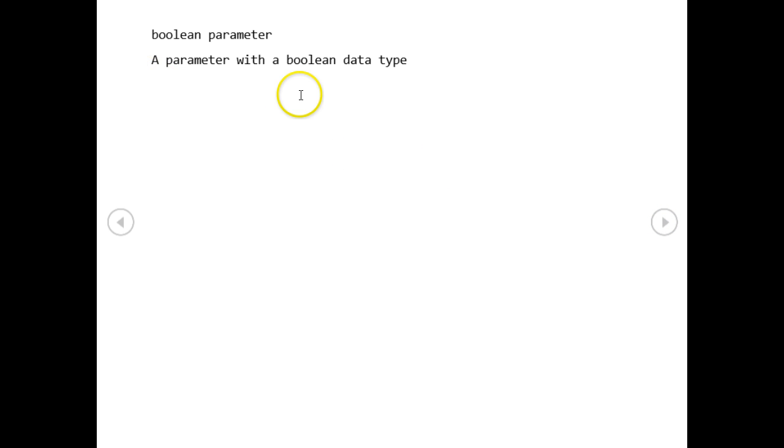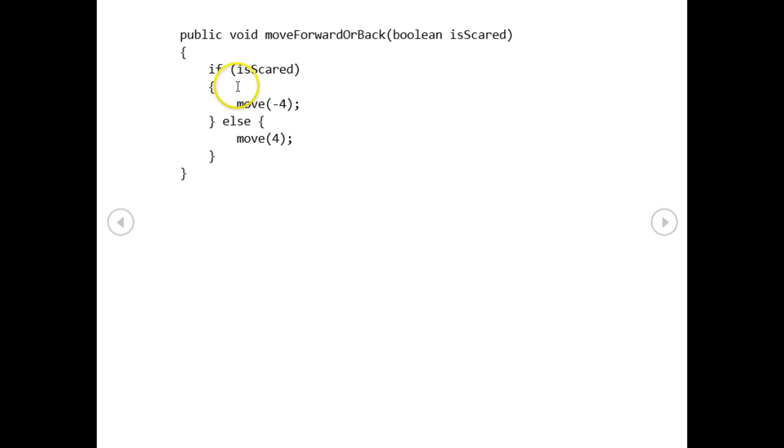We could also have a Boolean parameter. So we've seen parameters before of different kinds. We could have a parameter with a Boolean data type and use that for our condition. So here we have a method that says move forward or back, and we pass in a Boolean value of is scared. Let's say we wanted it so that if the turtle is scared, he backs up. So we can have that as our condition. We can say if is scared, because this is going to evaluate either true or false,